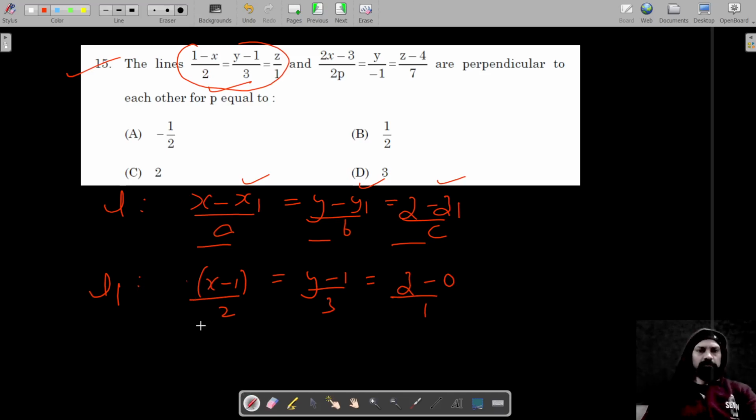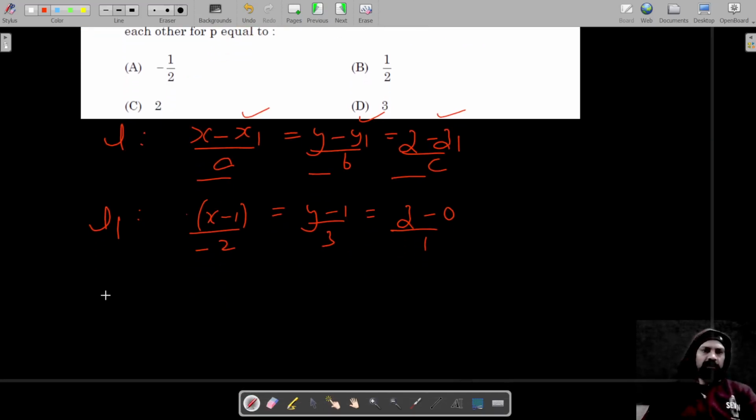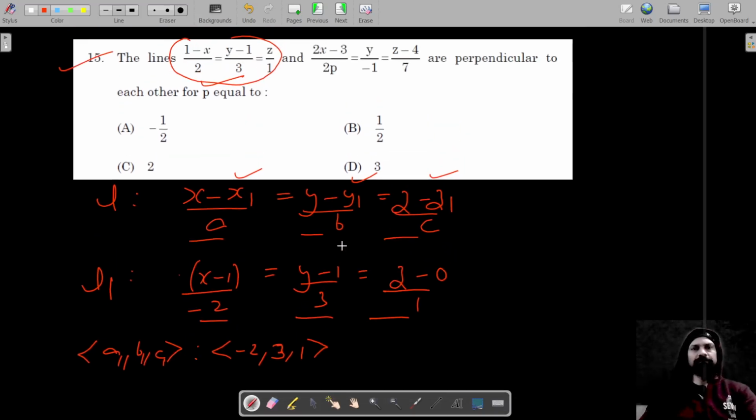And so now this is the standard form, and its direction ratios are A, B, and C, which are -2, 3, and 1. So these are the direction ratios. Let this be A1, B1, and C1. Similarly,